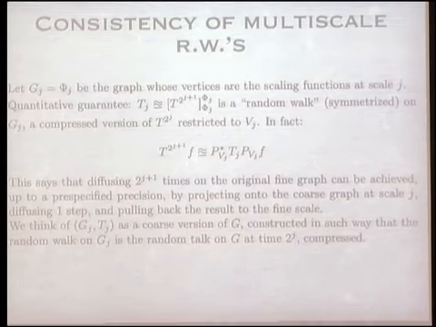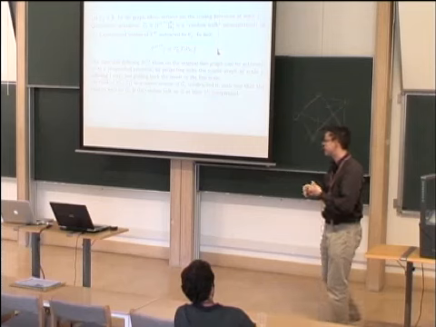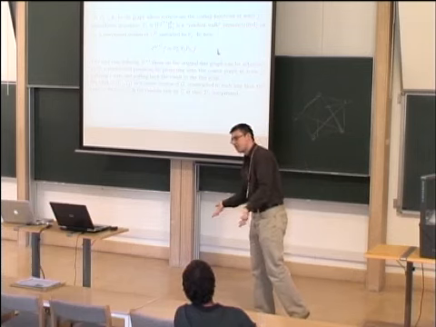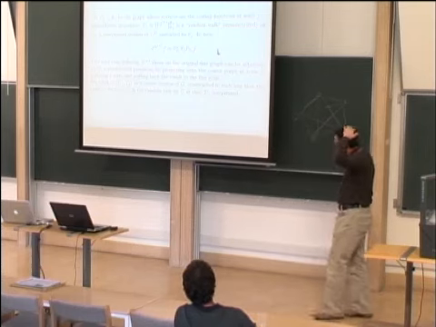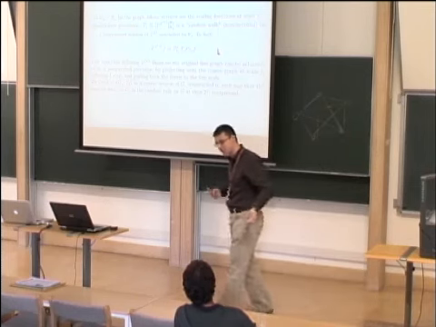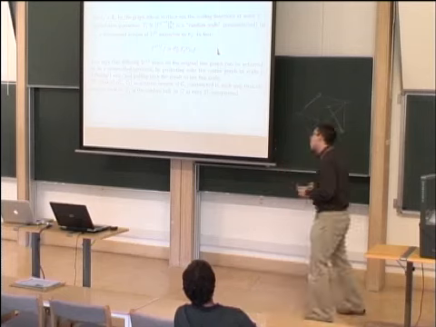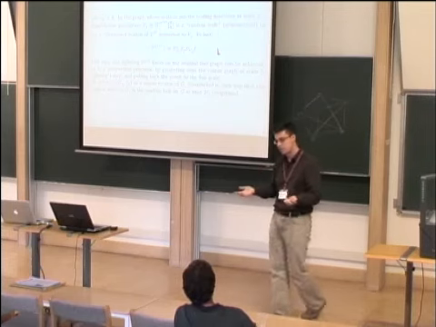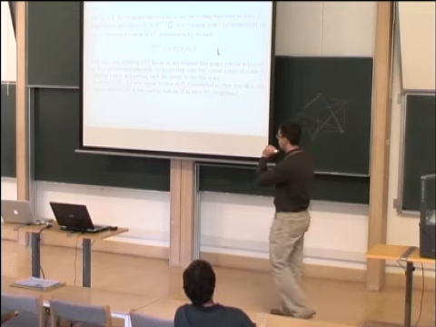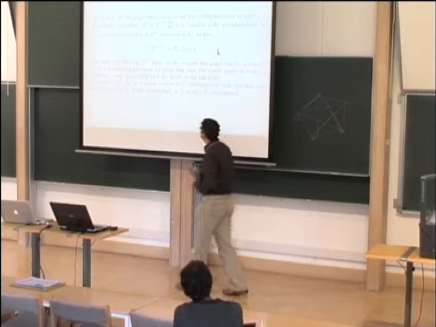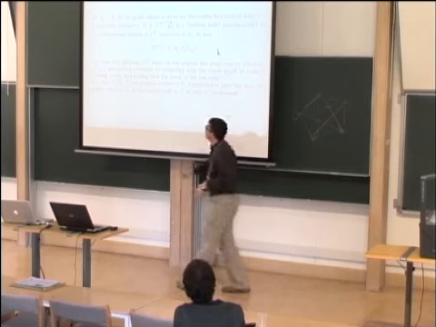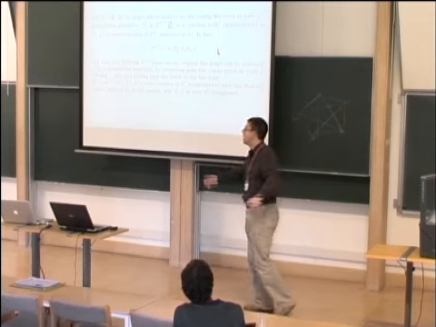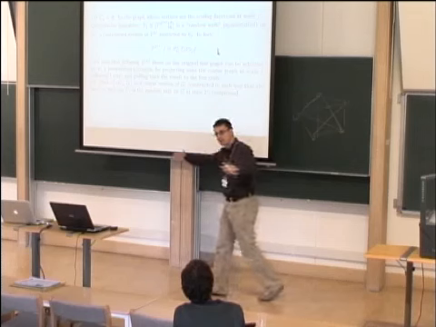There are many, many ways of doing hierarchical clustering, compressing diffusion matrices, and so on. The question is, is the compressed graph that you give me really representative of the original graph that you started from? And the point is that it's kind of hard to define what you really mean by this. And we have one definition, and we can promise you that the algorithm, when you run it, you specify a certain precision, and the following is going to be true. You can start with any function f on the graph, and you can apply the original diffusion 2 to the j plus 1 times. So the function is going to diffuse out 2 to the j plus 1 times. It's going to become smooth.